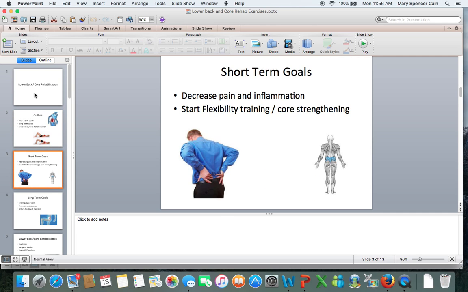So your short-term goals are the things that you need to do in a very acute setting. Okay, so right then and there, the next 2 to 3 days, you've really got to get on this. So the first and foremost one is you decrease the patient's pain and inflammation. If you have an athlete in pain, especially with low back pain, they're not going to want to do anything. So there are some different techniques that you will use throughout the therapeutic process just to break that pain cycle, get them out of pain,